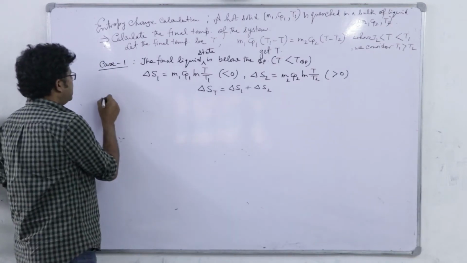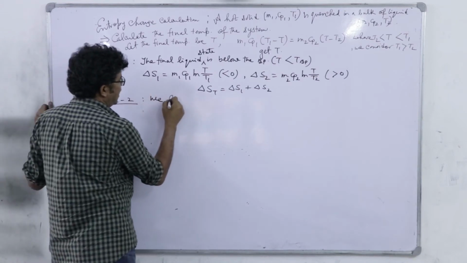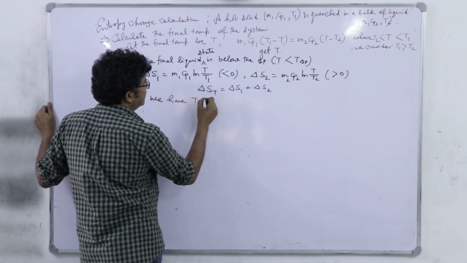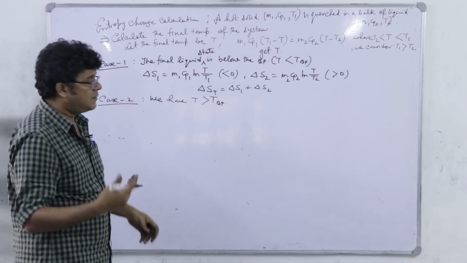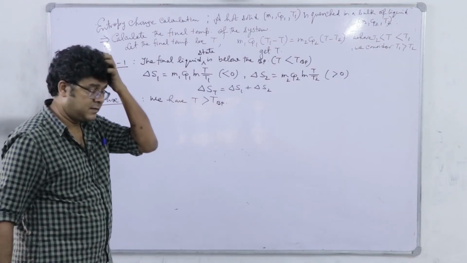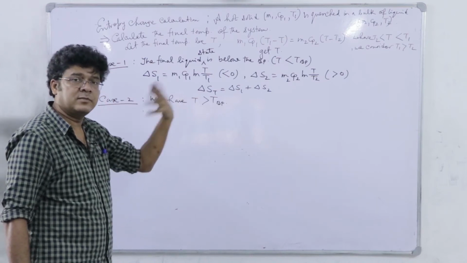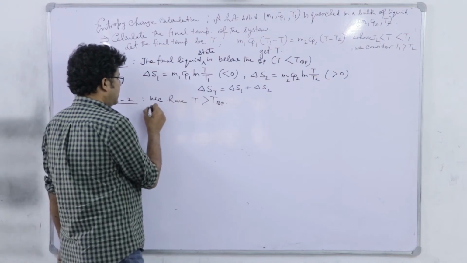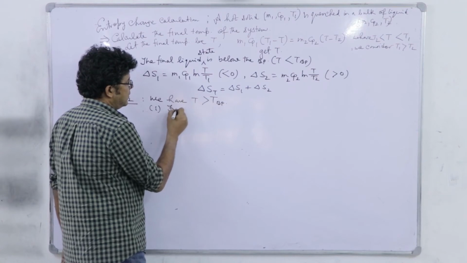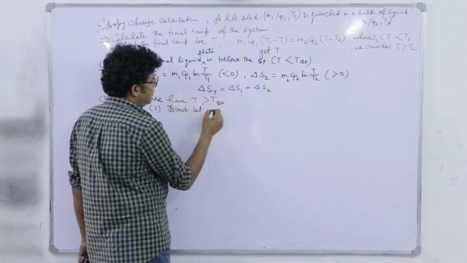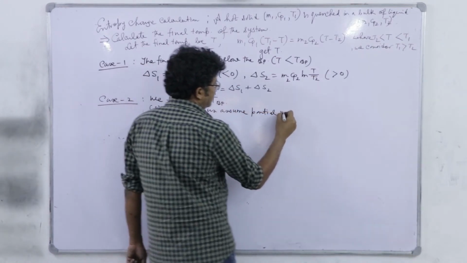Right. Now case 2. We have T greater than TBP. So immediately we have to think that there may be two possible cases. One is partial vaporization, the second one is full vaporization and superheating. So, first let us assume partial vaporization.